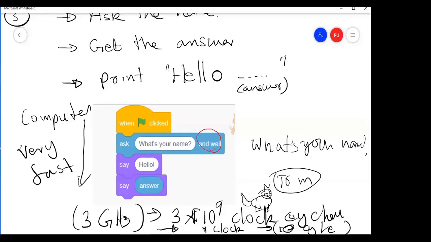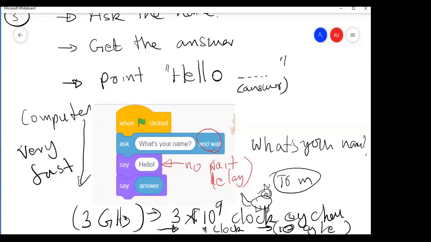But here we have no wait or delay. So we cannot see it, because it prints hello and just after that the cat says the answer. Whatever answer you give will override it. That is why you cannot see it.